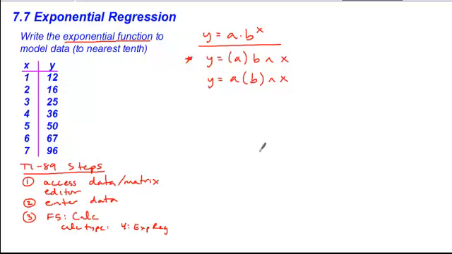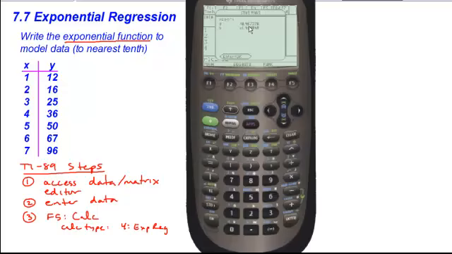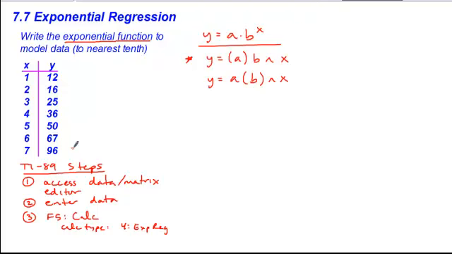When you look at the calculator here, it tells you that your coefficient is 8.457, your b value, your base, is 1.418, and it asks you to round to the nearest tenth. So when we look at that, we're looking at 8.5 times the quantity 1.4 to the power of x. So your answer for this is going to be y equals, in parentheses, 8.5 times 1.4 to the power of